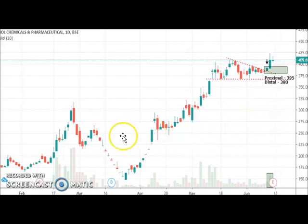You can see that once there was a deep correction due to COVID-19 from the month of March beginning till 23rd of March, this company also had a sharp correction from 300 odd levels to 150. So this counter corrected almost 50%. However, this company immediately retraced back to its previous high. You can see the company formed a cup and handle pattern. This is very important. The cup and handle pattern was formed in this counter, and it started the uptrend from